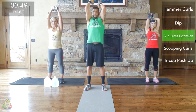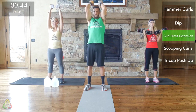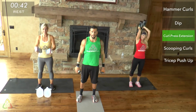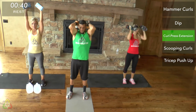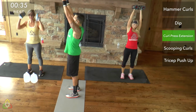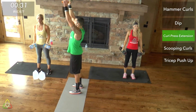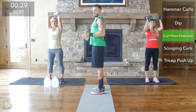And remember, squeezing your glutes throughout the movement really helps you keep good form, keeping that core tight and squeezing those buns. And again, watch, we all keep our elbows really close to our ears, and that's important for having good form, okay? What I don't want you guys to be doing is going like this. You usually hurt yourself that way. And it's not gonna work your tricep muscle the same way as if you keep...